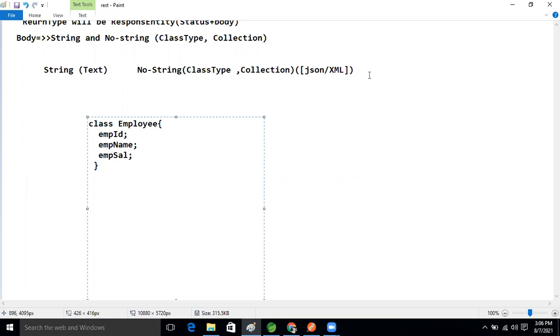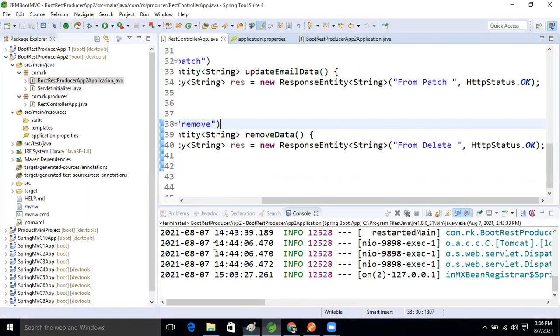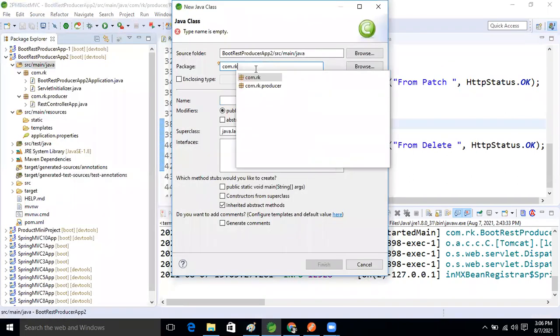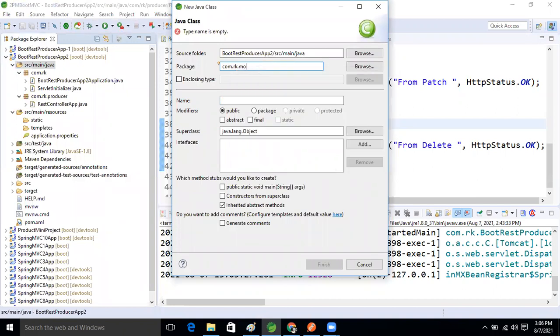Let's create this employee class in our REST application. Right click, new, and take one class. Here I'm taking the package com.rk.model, and the class name Employee.